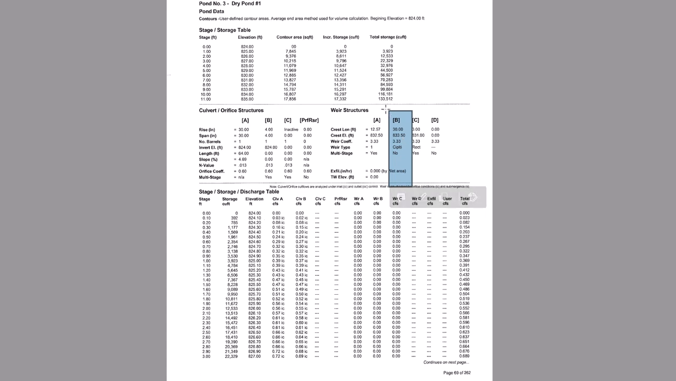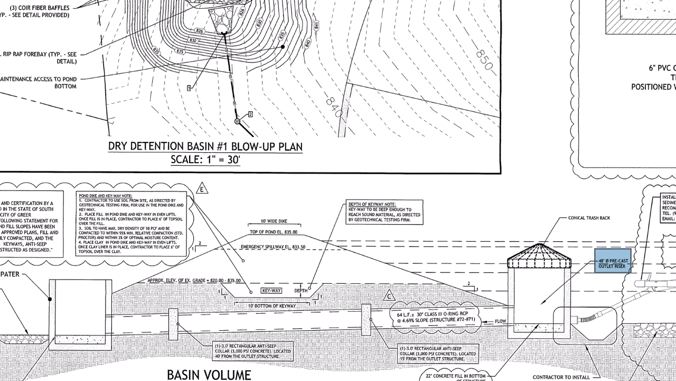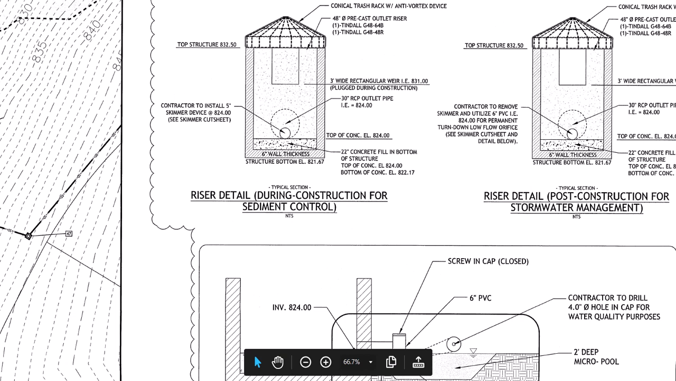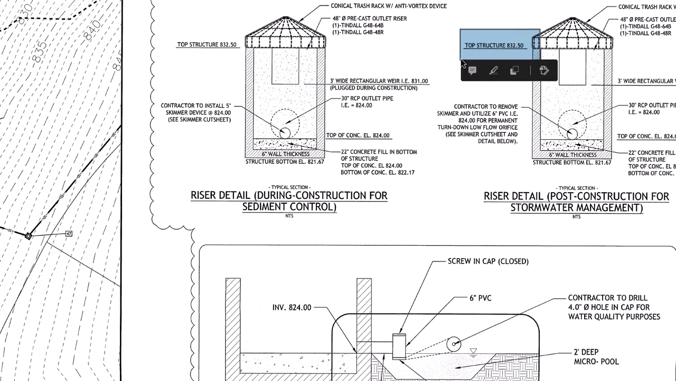I don't like to do this, but I did not review the crest elevation, and that's the top elevation of the primary spillway. So the top of the riser should be at 832.5. Switching over to the detail, as you can see, the top is 832.5 as it was modeled, so everything is correct with the riser. Well, we haven't reviewed the weir yet, but